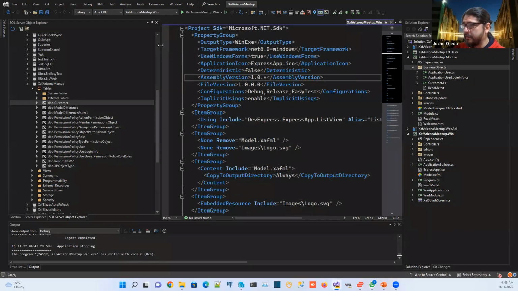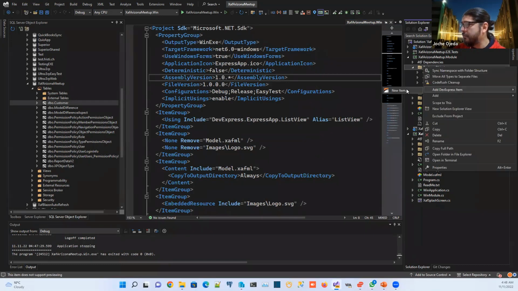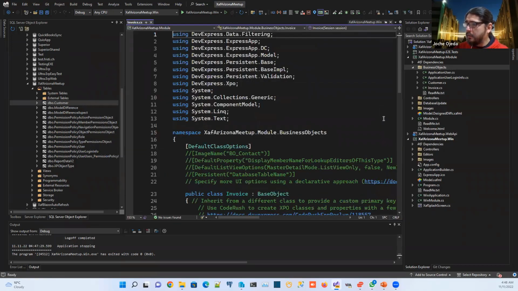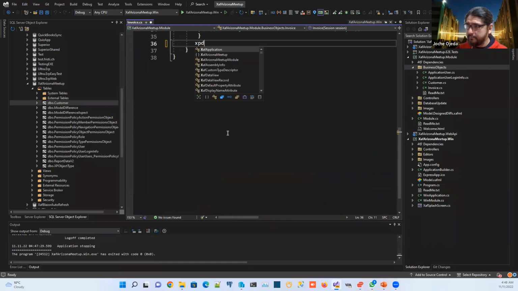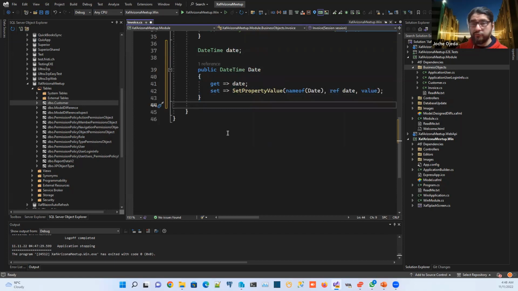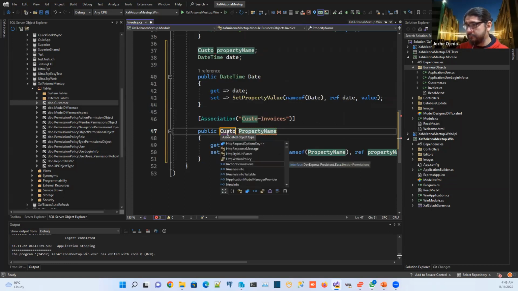So now let's make this a little bit bigger, kind of really fast because we don't have too much time. So let's add a few objects. This will be invoice. And then here we'll have a date. We will have a reference to the customer. A customer can have a collection of invoices, so XPA for a reference. Customer